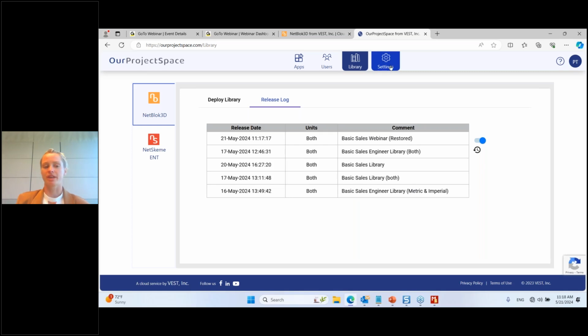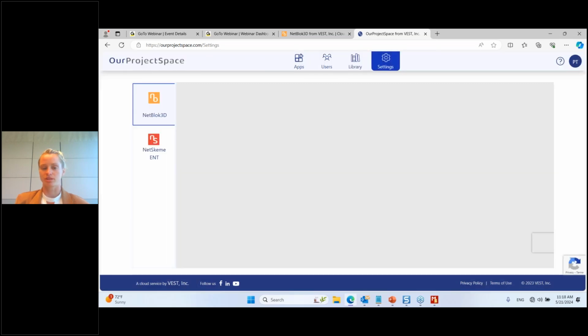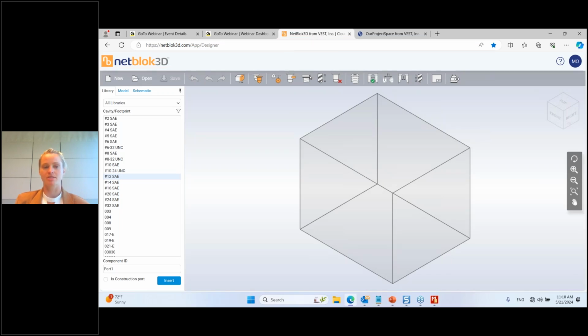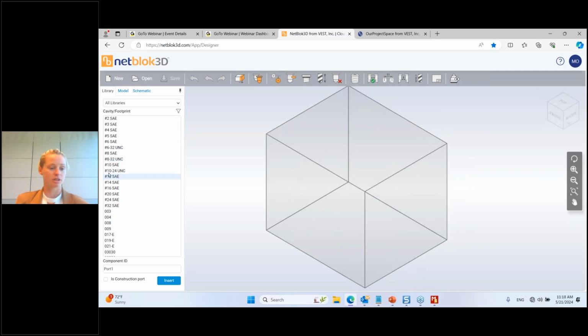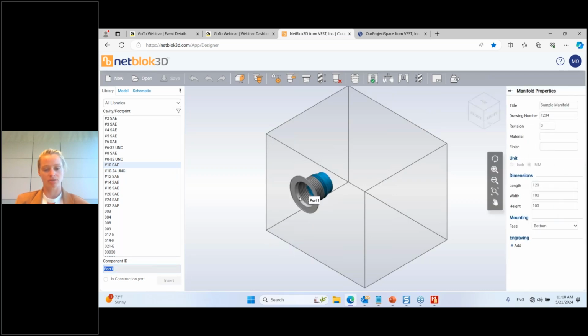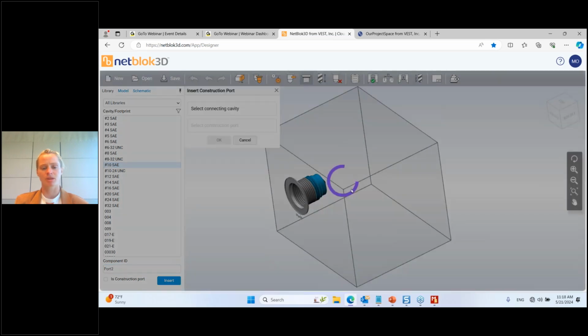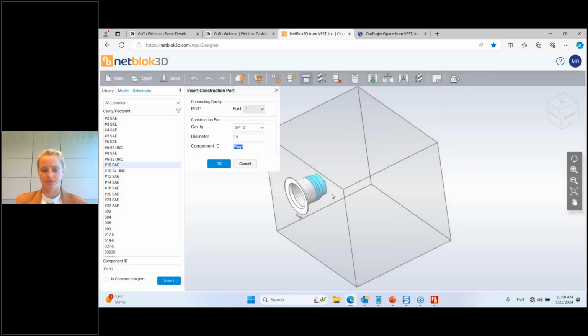And there's one more thing that I can do in OPS right now, and it has to do with the construction ports. So in NetBlok right now, this isn't my organization account, so this is my single user individual account that I don't have tied to an organization. So right now, if I were to insert this port, and I said I want to insert a construction port, click on this one,